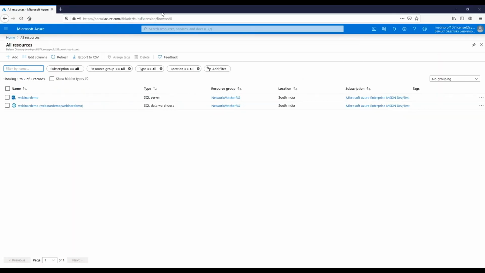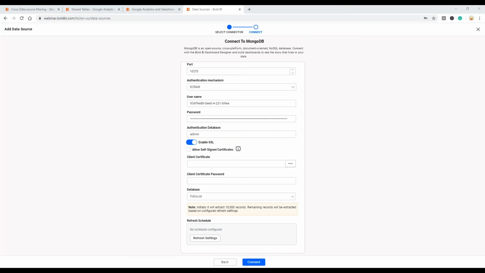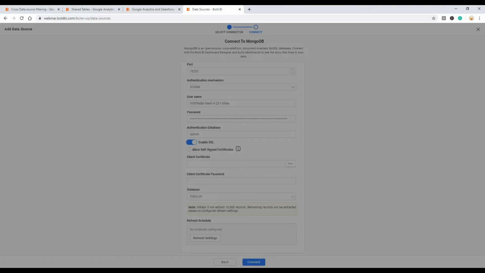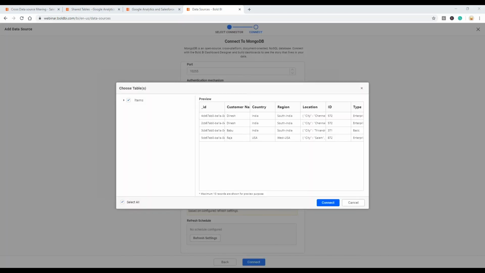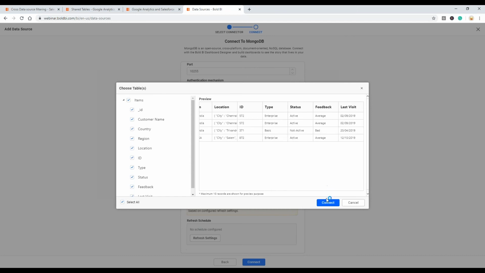In the meantime, let me just click connect and extract the data as well. So as you could see, my collection present in the Azure Cosmos DB has been extracted and it is converted as a flat table.